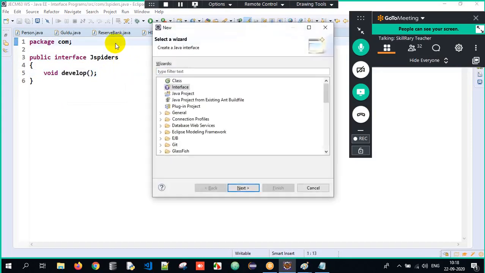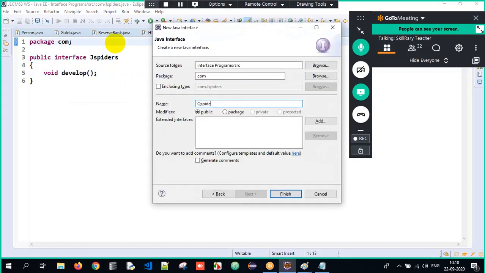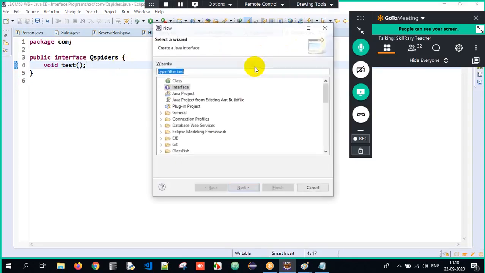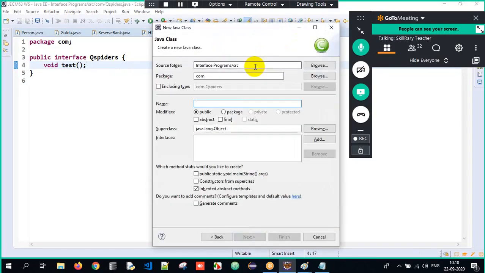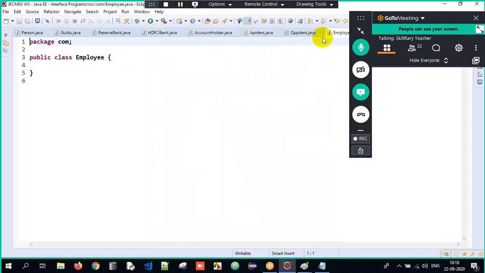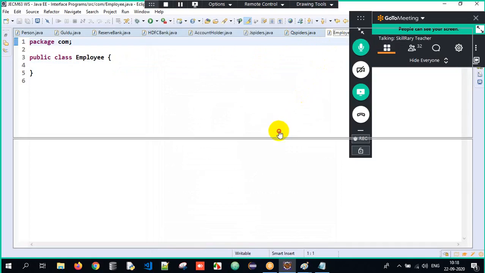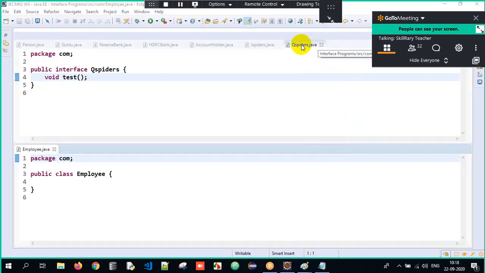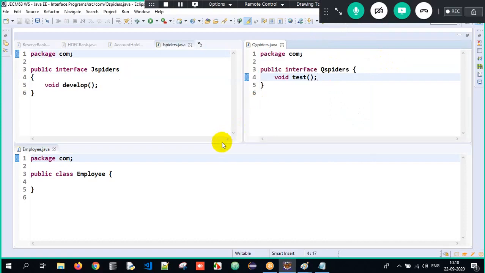Now I'll have one more interface called QSpiders. In QSpiders, you test an application. You learn the technologies with respect to testing an application. So I'll have a method called tester. Now imagine you have an employee. My question is, just understand closely, there are two interfaces.